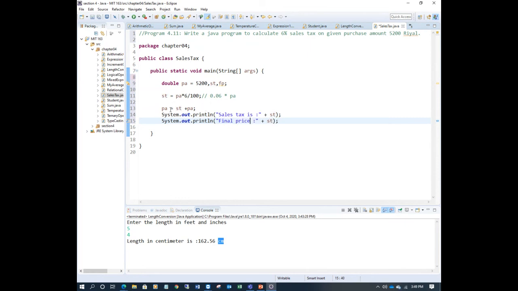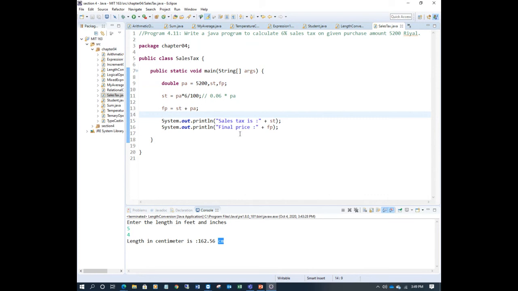Or you write FP here instead, because I declared FP. Or no need of FP, just say purchase amount is equal to this one. So this is also one way; you can write final price equal to this one. You can use FP or this formula.